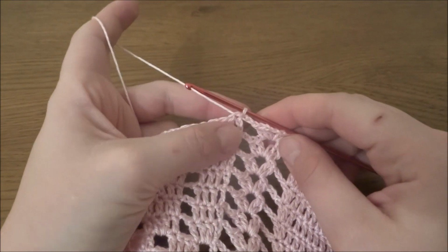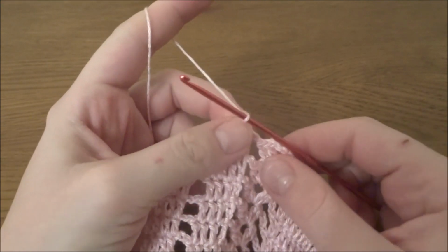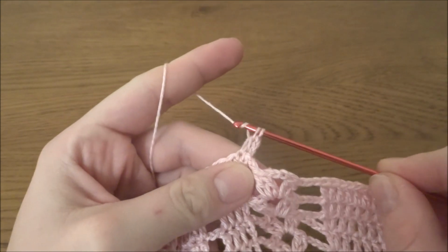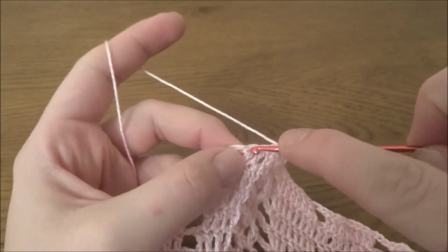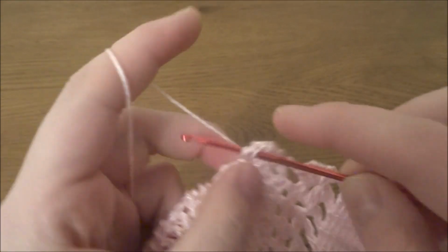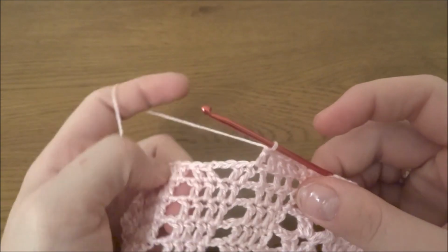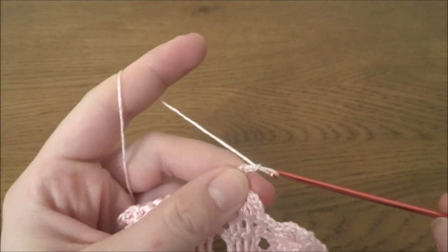Okay, so now we need to start round number 15. Chain of 3 as a first double crochet, then into the next 4 stitches we will work 1 double crochet in each stitch. So 1, 2, 3 and 4. Now we have to skip the next double crochet, then we need to work chain of 3,